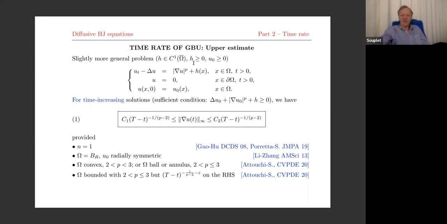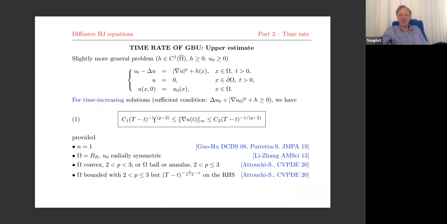But still, one can show that there are solutions which are time increasing in the neighborhood of the boundary. So this is enough. But if you want to look at more tractable conditions, you can just add this artificial term, which is not completely artificial because the KPZ model, for instance, has such a term. Here it is deterministic, but it's like in the KPZ. And the sufficient condition for time increasing will just be that U0 is a subsolution of the elliptic problem. So under this assumption, plus some technical restrictions, which at this moment we don't know whether or not they are necessary,